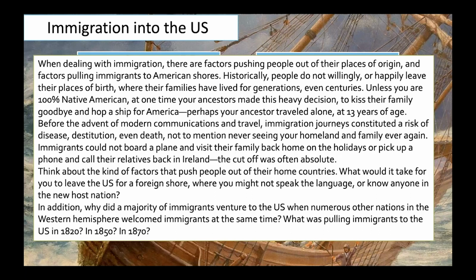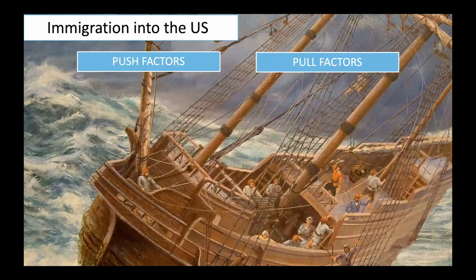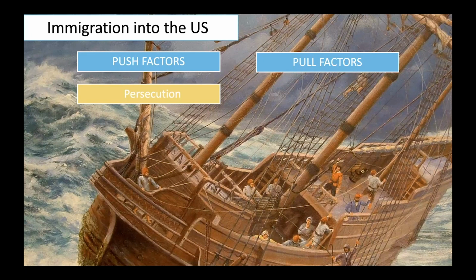So there are pull factors and push factors. Push factors in their nations of origin and pull factors that are pulling people to the United States, and at this time, the English colonies, or the New World. Before they were the English colonies, it was a New World. Push factors. Persecution, and this certainly was the case with the first immigrants who came to the New World and created the English colonies. They were persecuted by the king, and they fled to this new world to worship God how they saw fit.